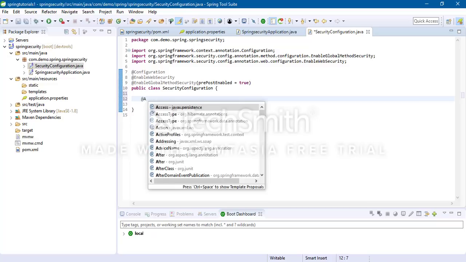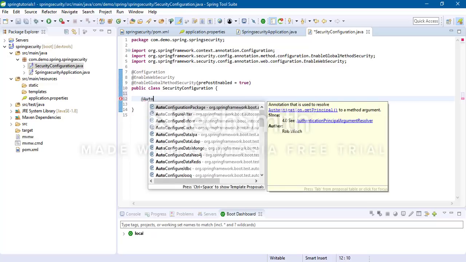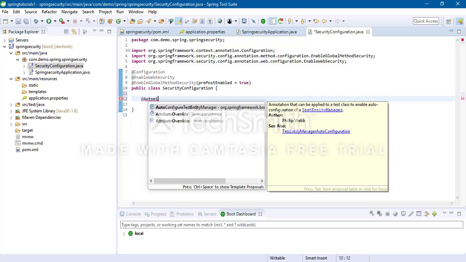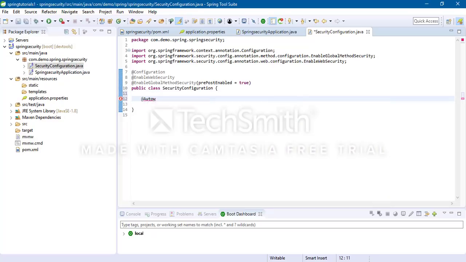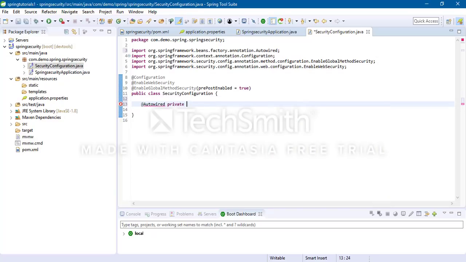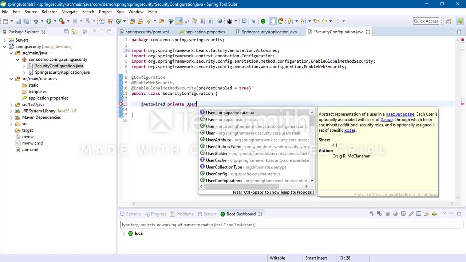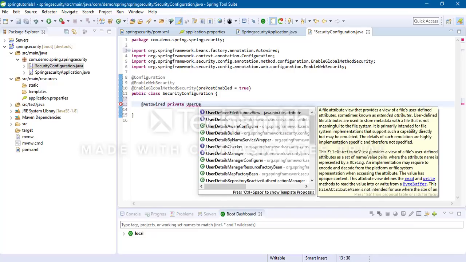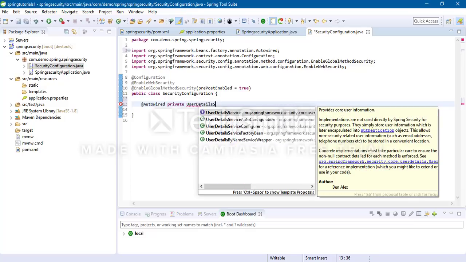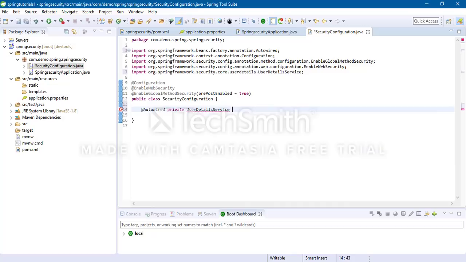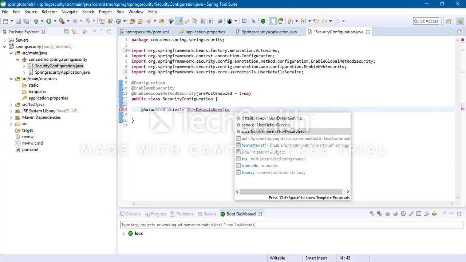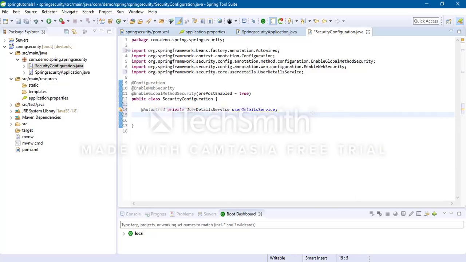First I import with Autowired a private UserDetailsService, this is related to Spring Security. Next I am going to create